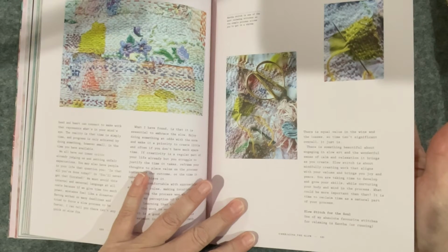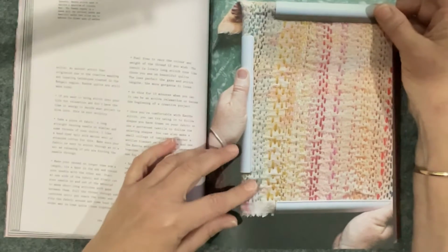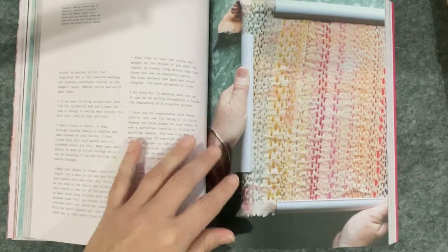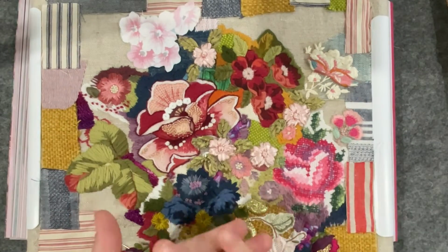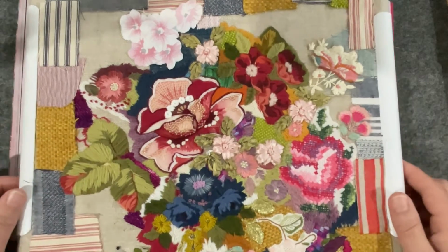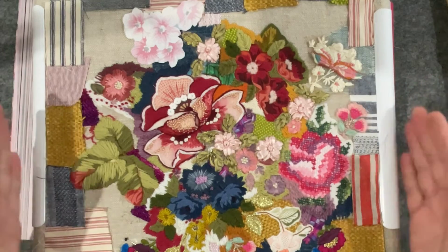Just stitching complementary threads over complementary fabrics. She uses this hoop a lot, and I'm finding it pretty good actually. I wouldn't use it all the time. I do like the freedom of feeling the fabric in my hand and stitching. But for this type of piece where it's so densely stitched, it's really going to help my piece stay nice